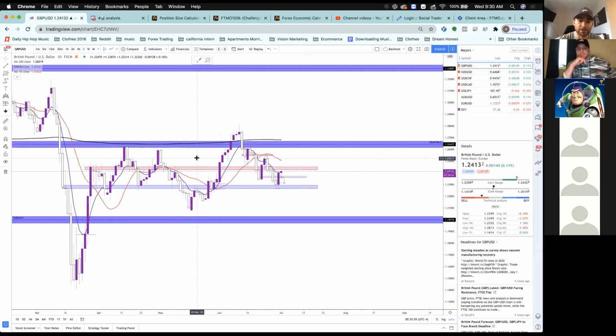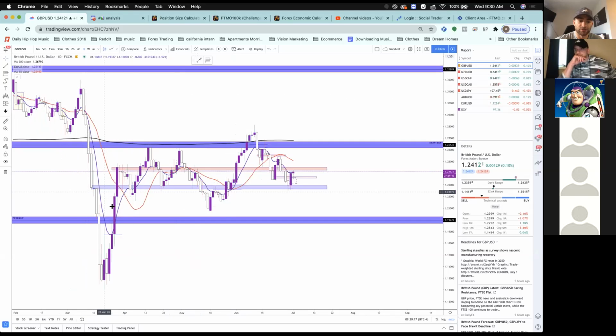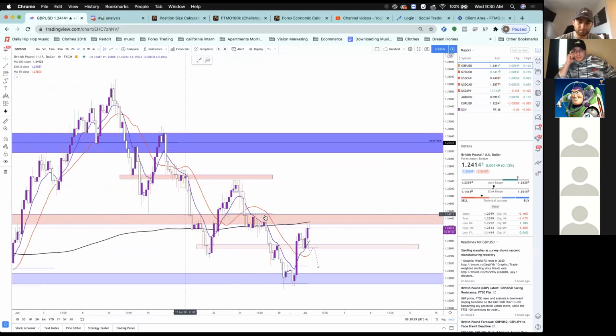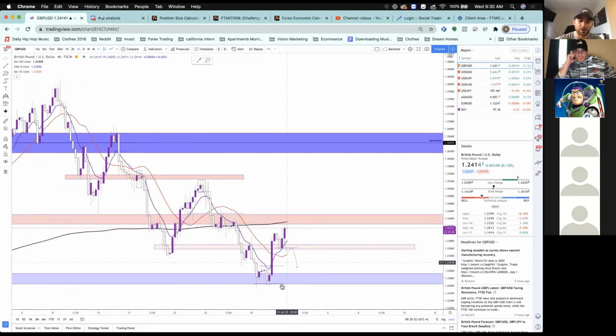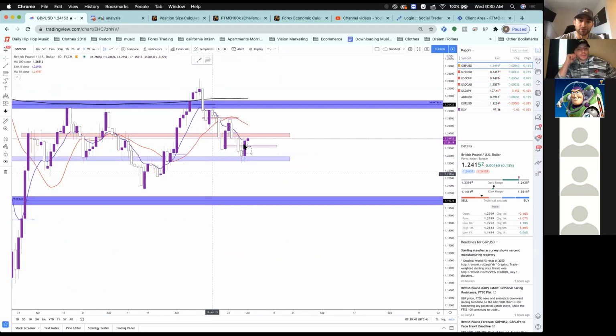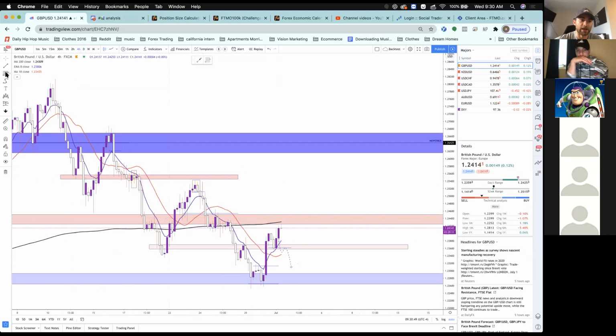But as I get down to the daily, things are tricky with structure right now, at least for how I'm looking at them. Basically we had a downtrend on the daily, then we broke back to be bullish. Now as I go down to the 4 hour, we are in this 4 hour downtrend. Whether this is ready to break or not, I am not going to consider any daily setups until we get these moving averages to cross again. This is still pointing down, so I'm looking on the 4 hour for setups to the downside.